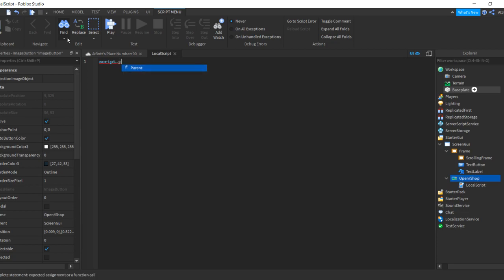Script parent dot mouse button 1 down colon connect function bracket. Right, so when we do this, we're going to go down a line. It usually will show end right here, but right now it doesn't. So I'm going to type script. Oh yeah, by the way, that's completely fine. Totally fine. So script dot parent